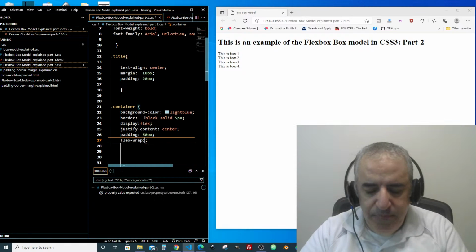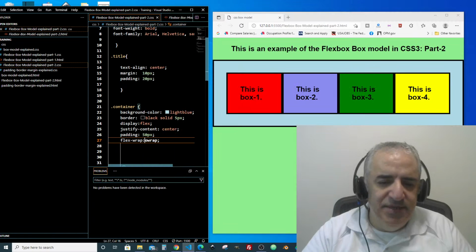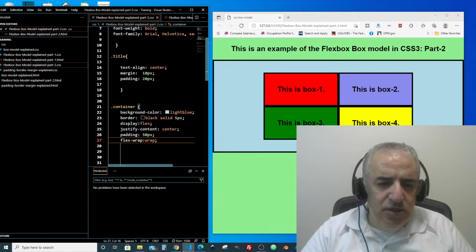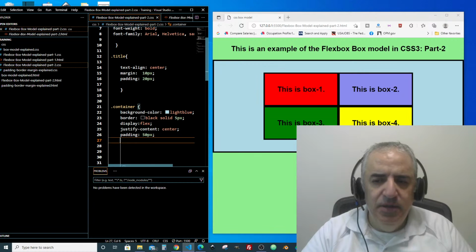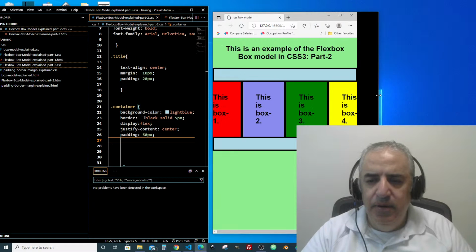So wrap, no wrap, it's going to disappear without wrap. This way they stay in a line. So let's remove the flex wrap and just keep it this way. Okay, so